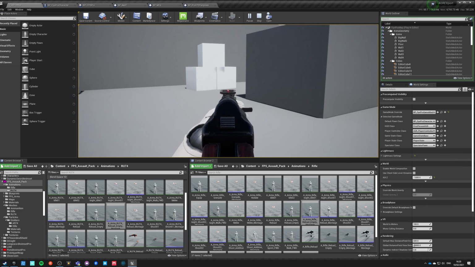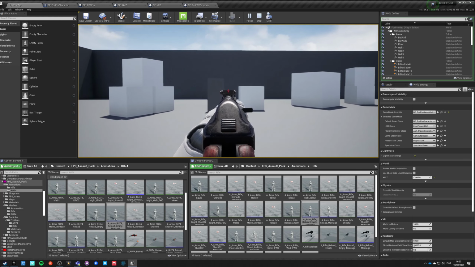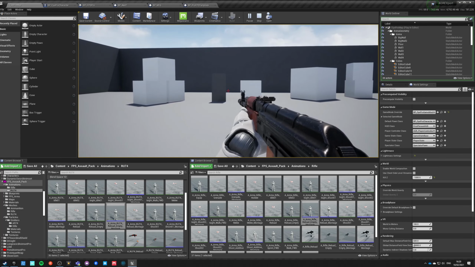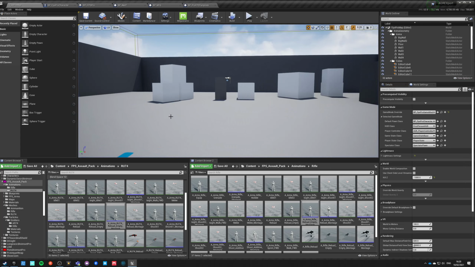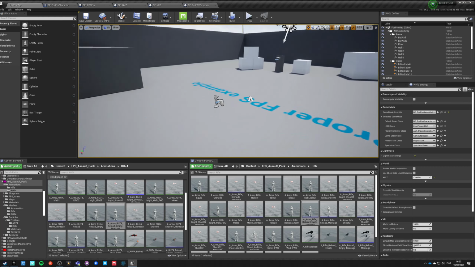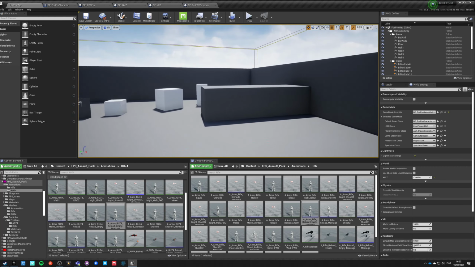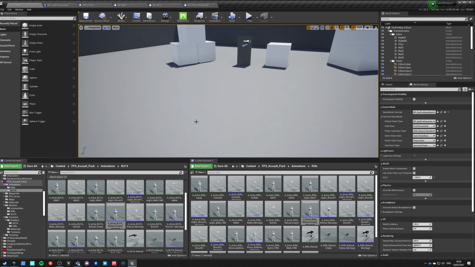And now we got two weapons. They are both animating, aiming, but we want to swap between them, right? We want to have multiple weapons in our inventory and want to be able to swap. So let's work on that. And we also want to be able to maybe pick them up and, you know, do stuff with them.